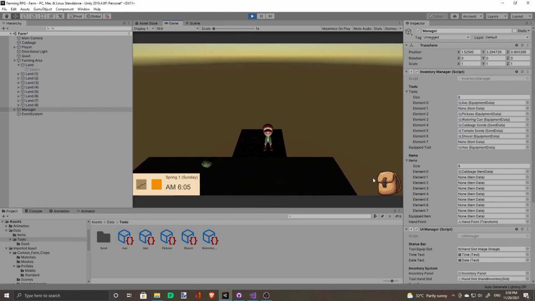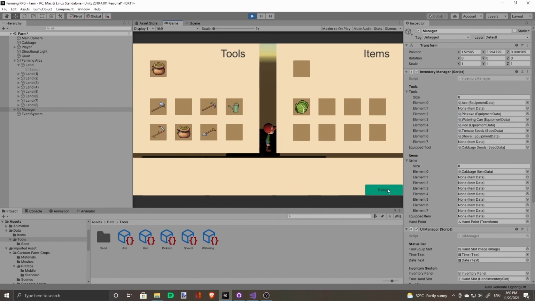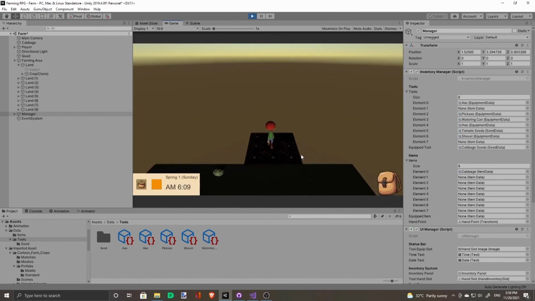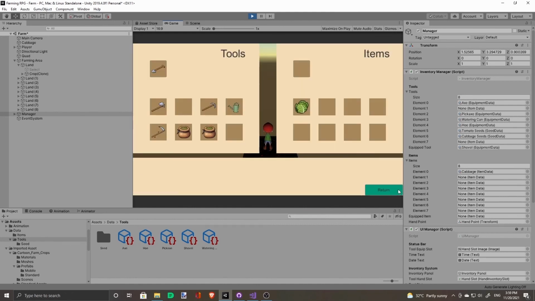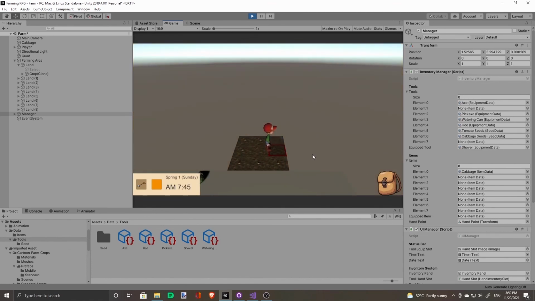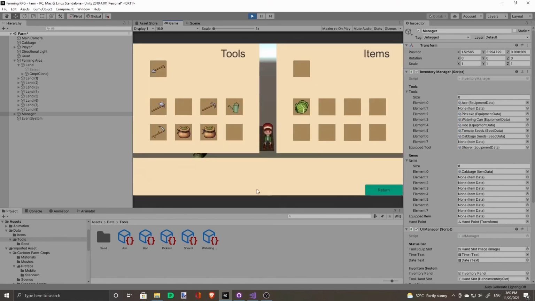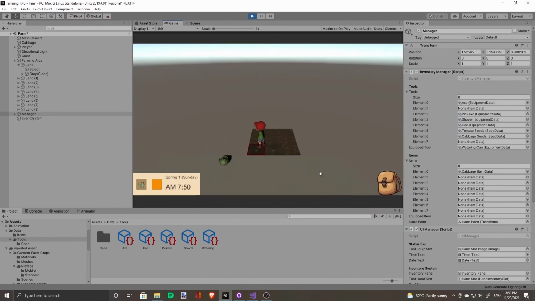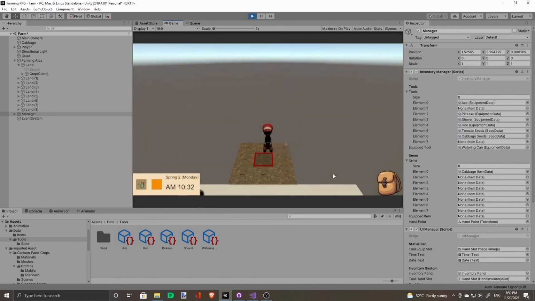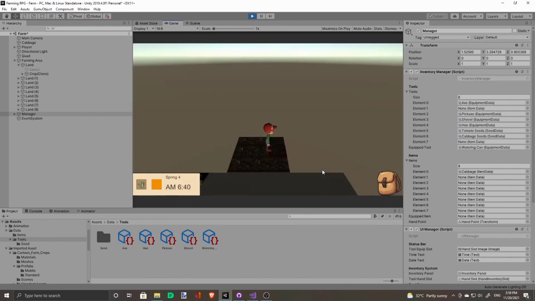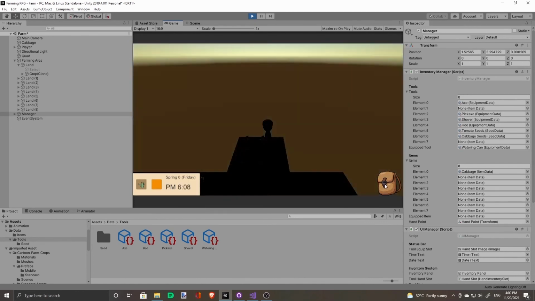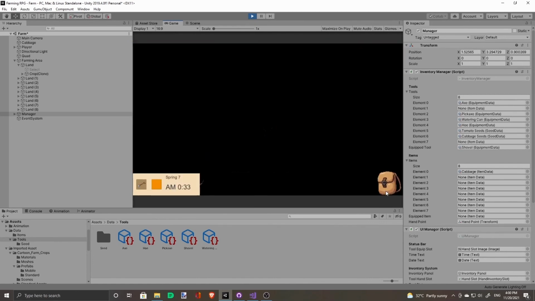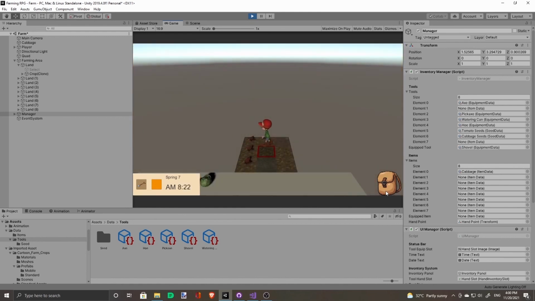So now I can easily get rid of the mistakes that I make. So if I don't want any seeds here, just remove it with my shovel. And when they wilt, I can just remove them with my shovel as well.